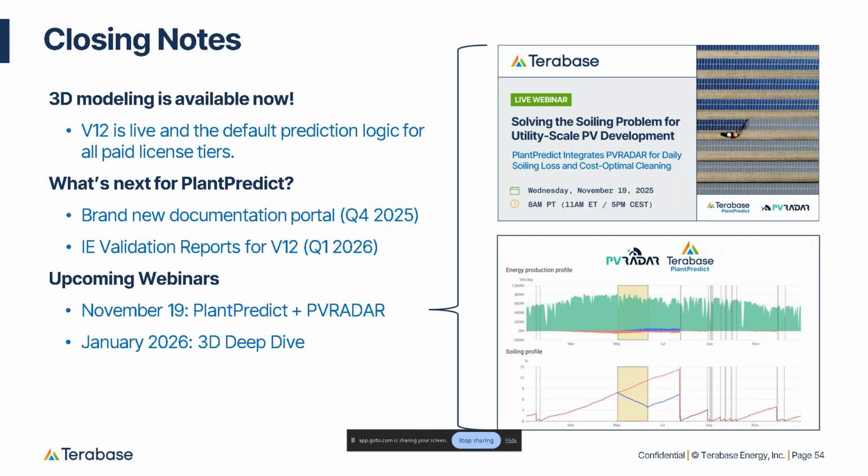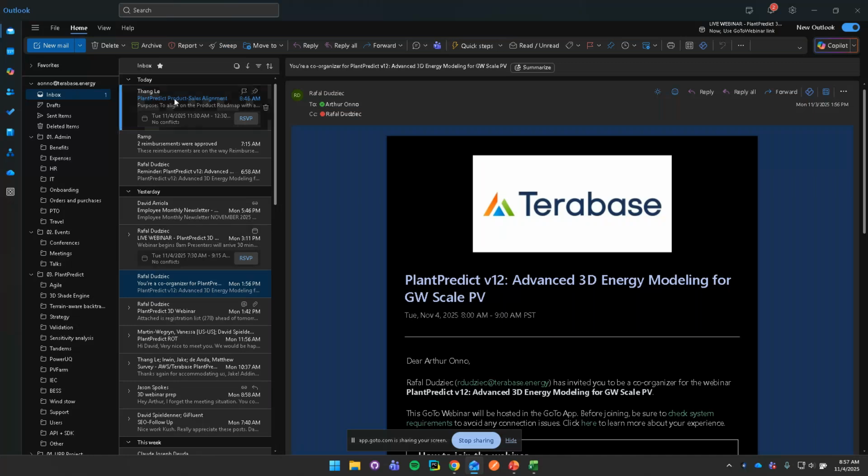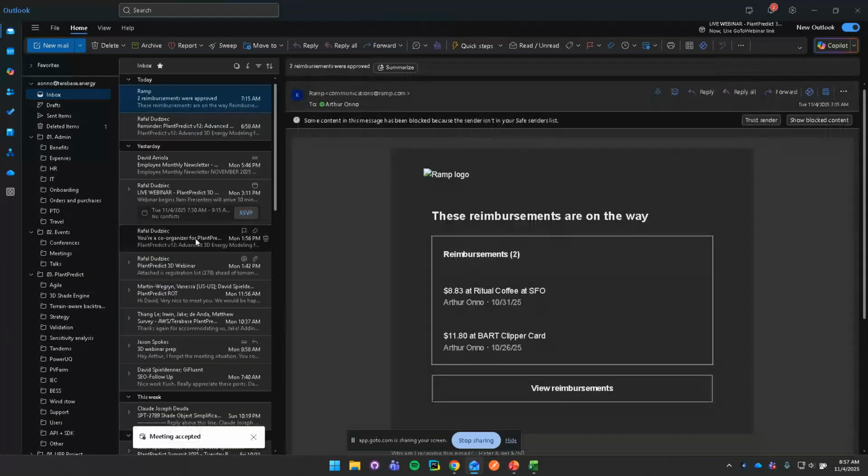We've also been engaging with several IEs to revamp our validation reports specific to V12, and we hope to start releasing these in Q1 of 2026. And then also look forward to a new